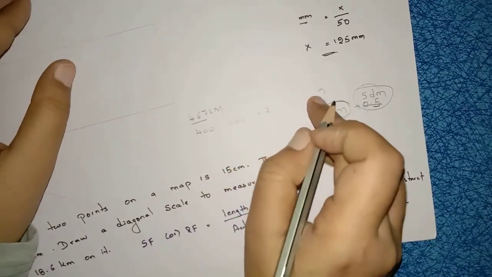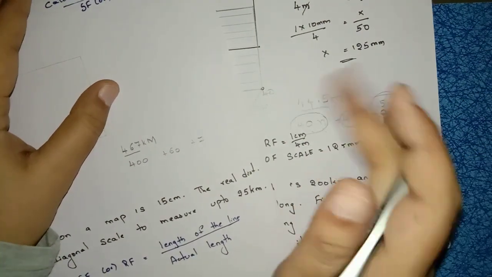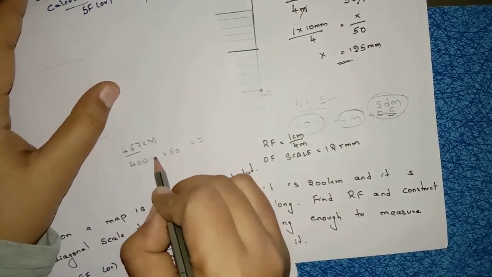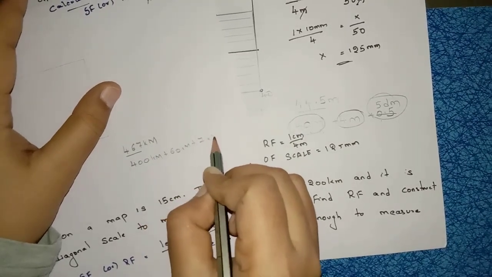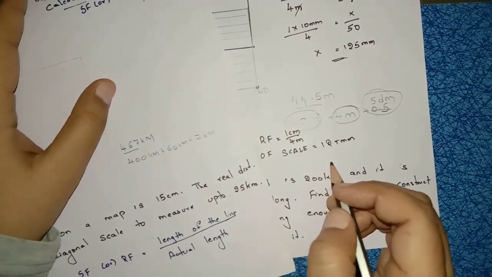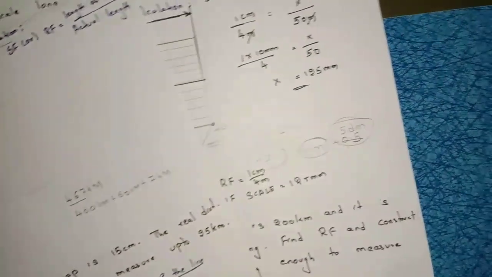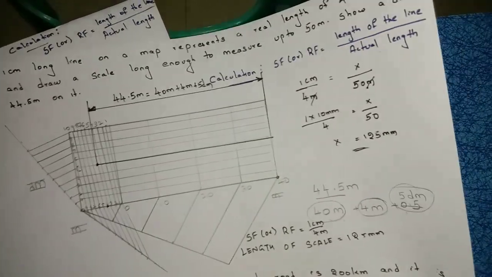So 3 units are there. No, 3 units means you have to construct diagonal scales. Right? Now coming to units. Kilometers. No decimals, no kilometers. Right? So you know to find out the x value when they mention the question in indirect manner. Here this is the question they mentioned in indirect manner. Right?